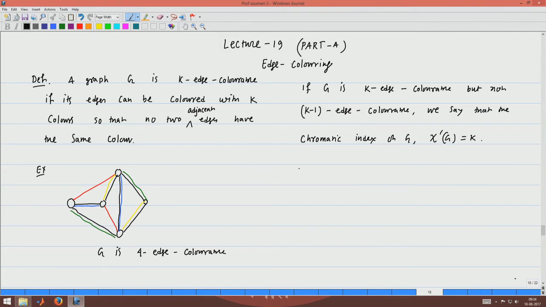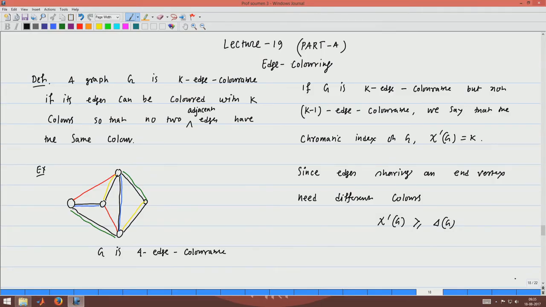Now, since edges sharing an end vertex need different colors, chi prime G, the chromatic index of a graph G, is always greater than or equal to delta G. Delta G is the maximum degree of the graph G.